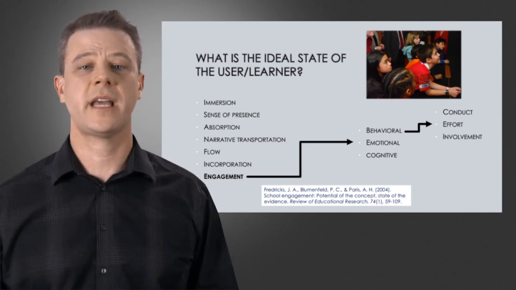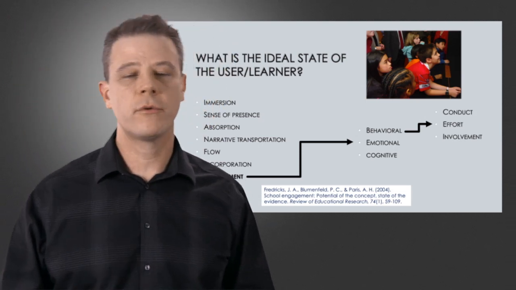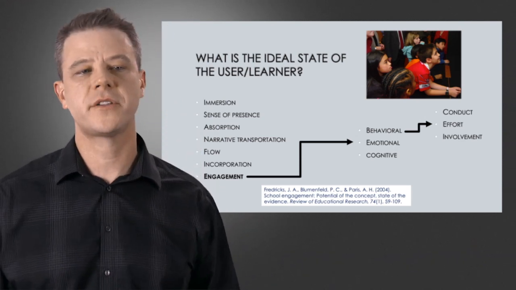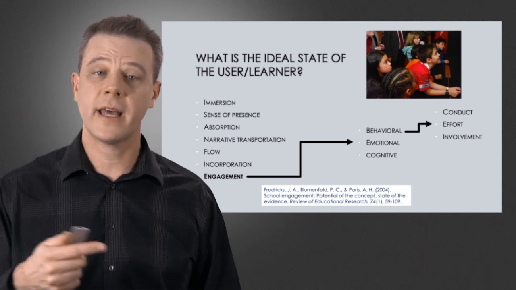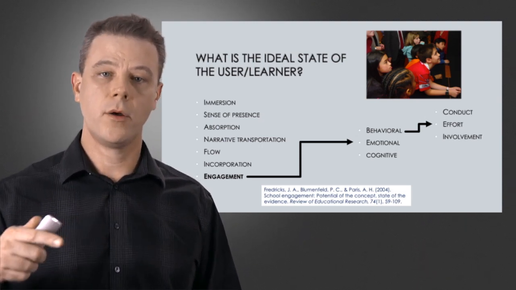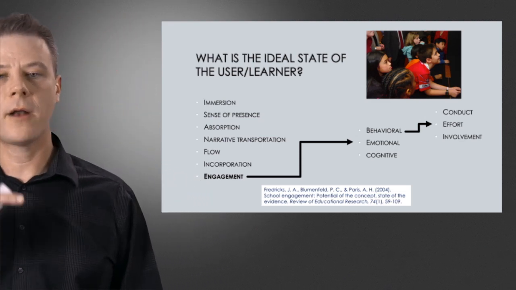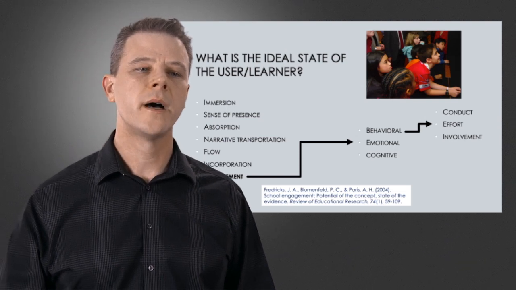So conduct, for example, is how good a kid is in school. Effort relates to, and this is the one that connects up most with what we think about in museums and homework and things like that, the context I tend to work in. Effort, and that is, are they actually choosing to do things? This gets into motivation. And involvement is, again, one of those school-related things. How involved are they in different aspects of school?